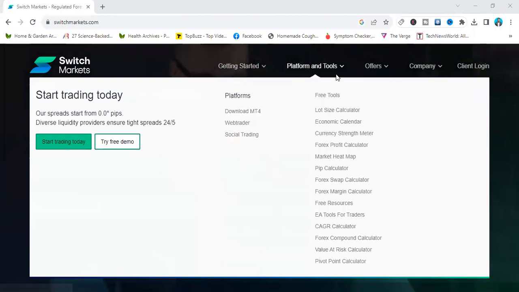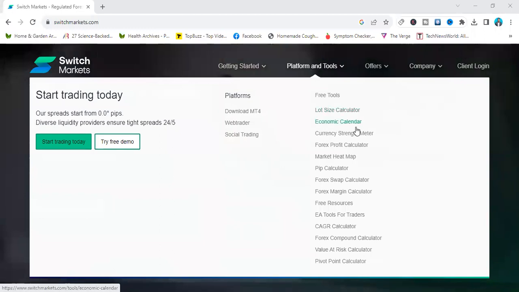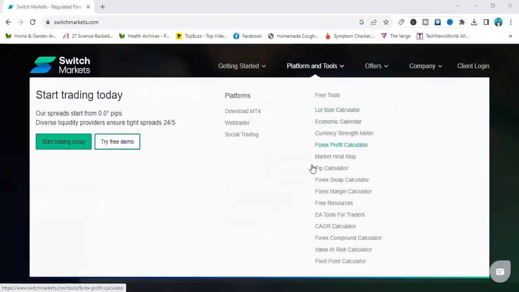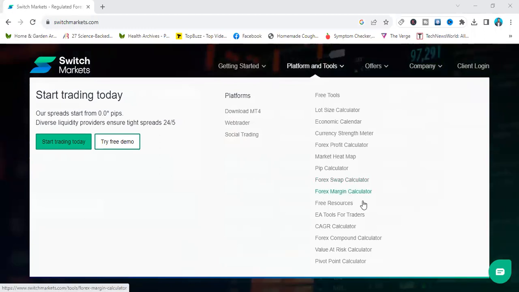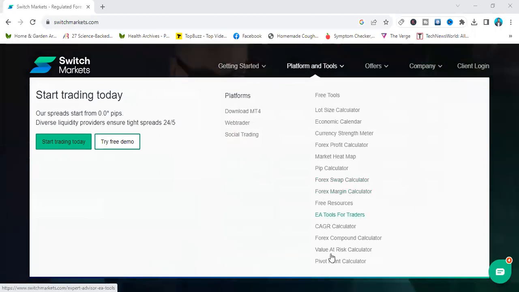They have a lot of tools. They have lot size calculator. They have economic calendar. They have currency meter. They have Forex profit calculator, market heat map, PIP calculator, Forex swap calculator, Forex margin calculator, free resources, EA tools for traders, and the rest.